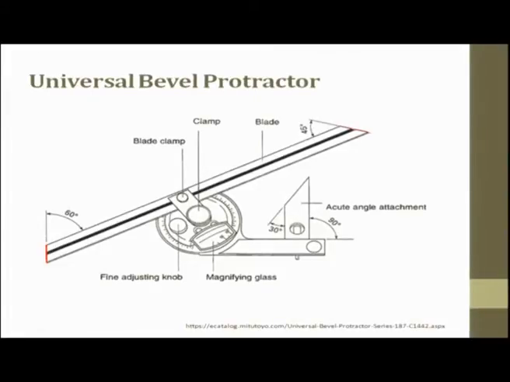Then in this blade you will see a fine adjustment knob or a protractor which slides through. So, the protractor is clamped to the blade by a blade clamper and this in turn is clamped by this, such that you make sure that this line is in parallel or in coincidence with the measuring object. So, then you will have a protractor which is at the bottom.